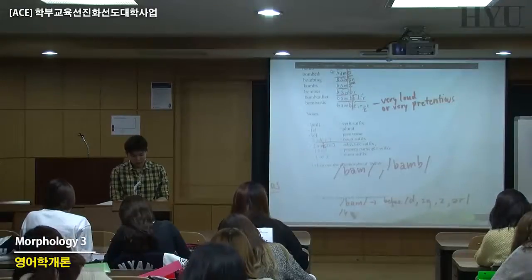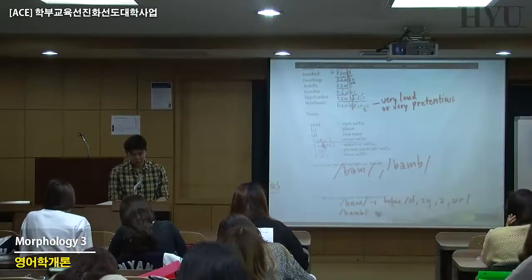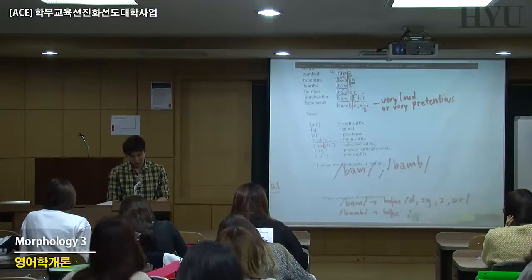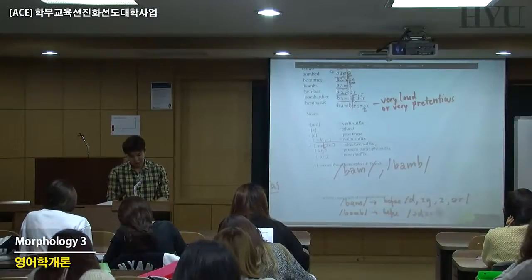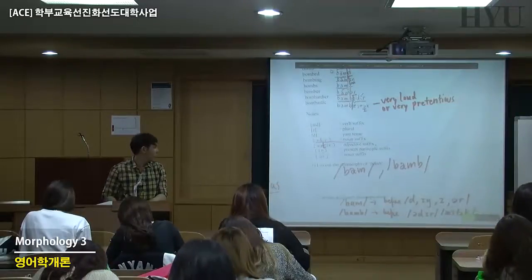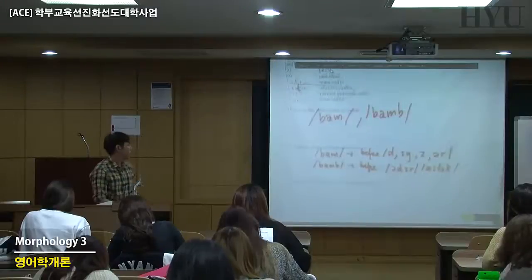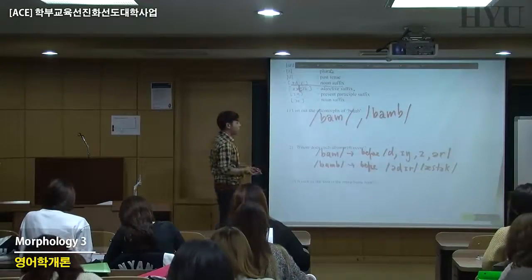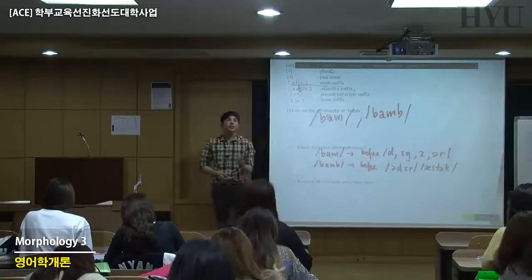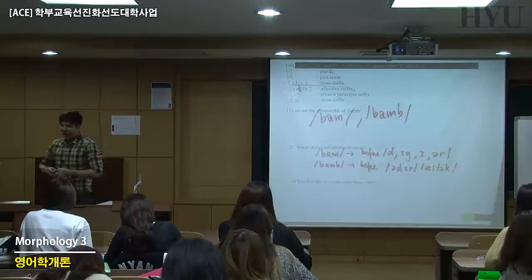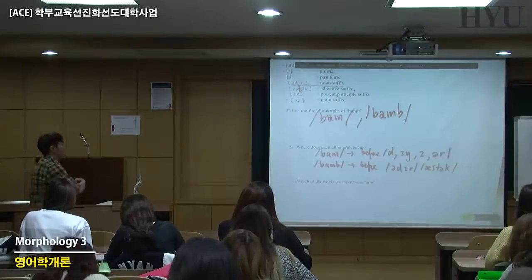And you see bomb, with B, before dier, and before astic, like that. So based on these two observations, we say that they are observations. Based on these two observations,